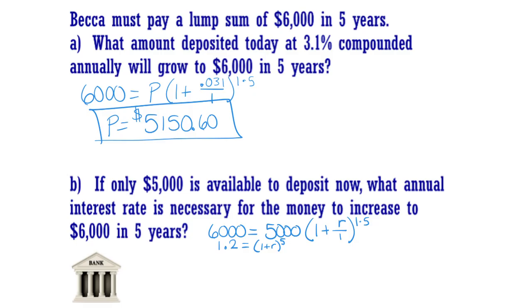Well, I need to get rid of that fifth power. So I'm going to fifth root both sides. To get your fifth root, you get that in your math menu. So you'd hit math and it's number 5, where you get to pick whatever root you want. So I'm going to put a 5 and I'm going to put in a 1.2. So I'm doing the fifth root of 1.2, and I can write 1.04 is what it would round to, equals